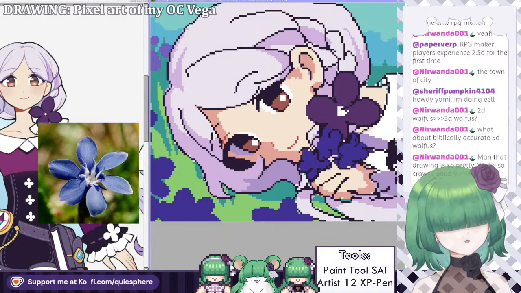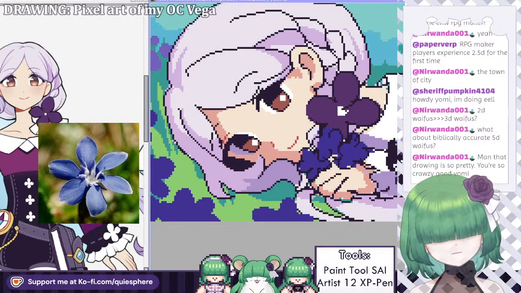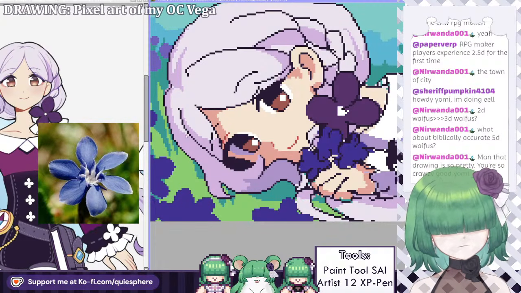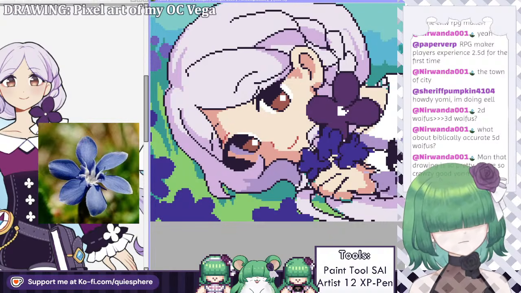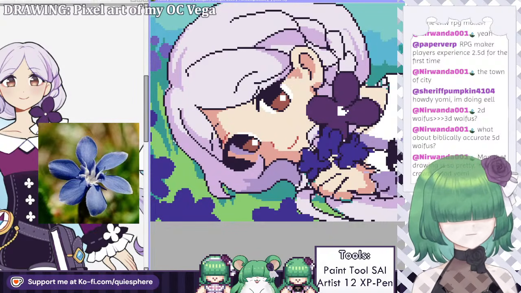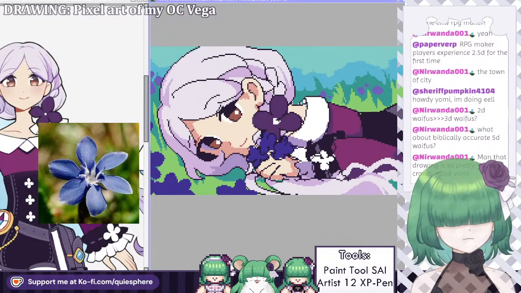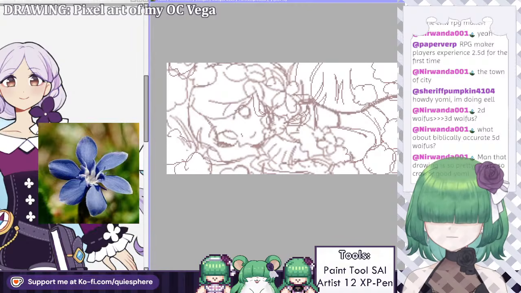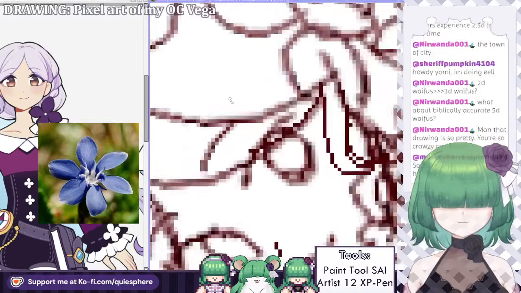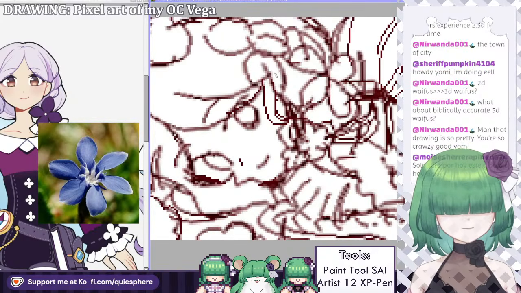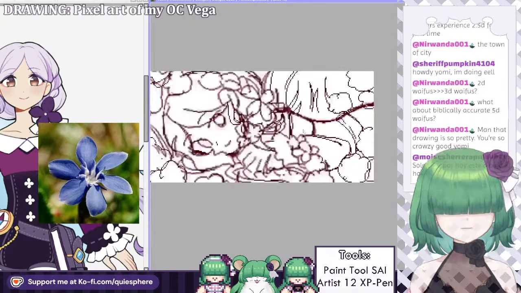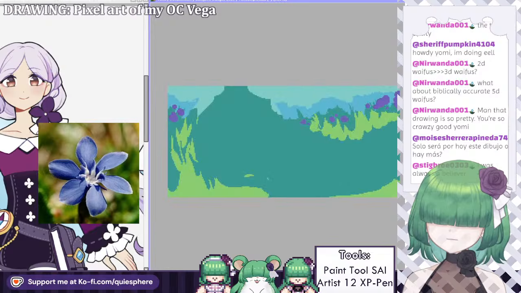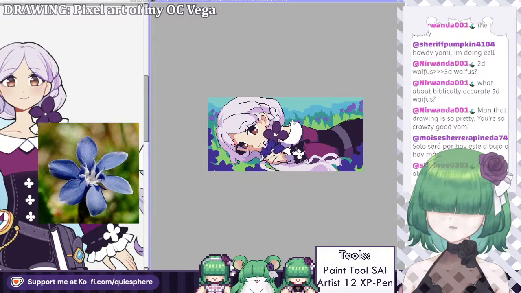I like how it's turning out so far now. We gotta trust the process. I was really doubting at the beginning if it was going well, but now I'm starting to get more confident in it. It happens a lot with pixel art. Pixel art at the beginning always looks super messy and sketchy. Like, look at how this looked before I started adding colors. This is what it looked like. I had to rotate some pixels for the composition, so that's why it ended up looking so messy and blurry. We had to believe in the process.